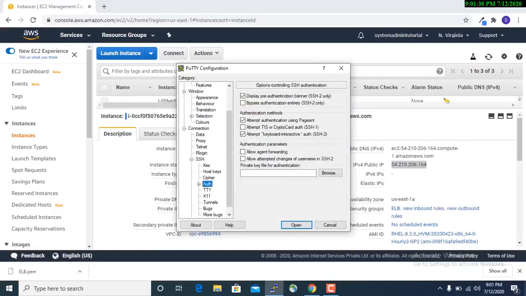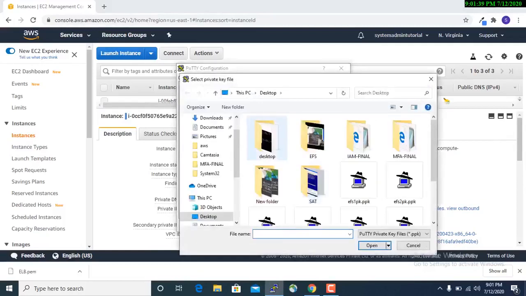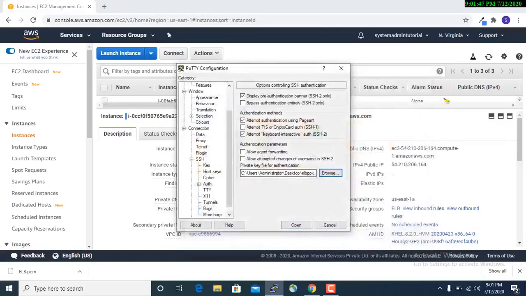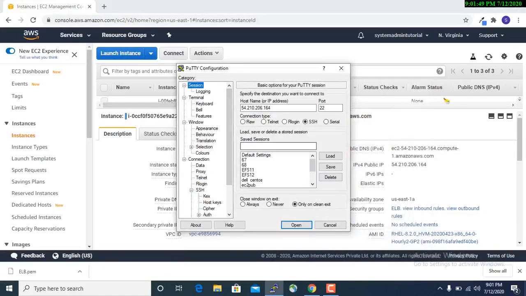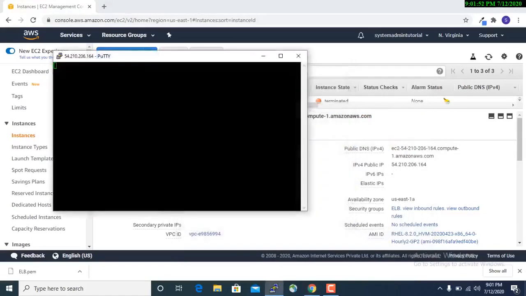Still the second server is in initializing mode, so in between that time I have to use server one and configure the rest of the things. In Apache we have to install the HTTPD service. So you get your public IP from the screen, you are seeing that 54 is there. I am using PuTTY to connect to our server, with the private key which is already downloaded. Then okay, now here I am in the server console. So you have to use the user ec2-user.